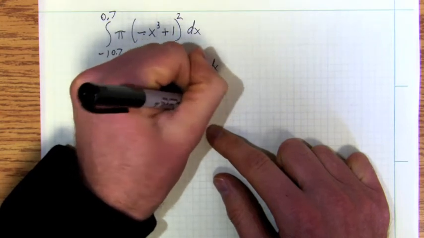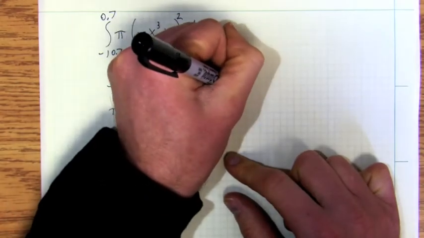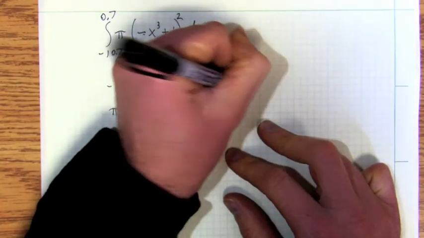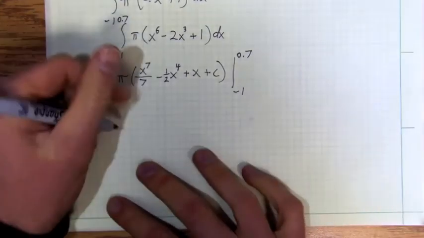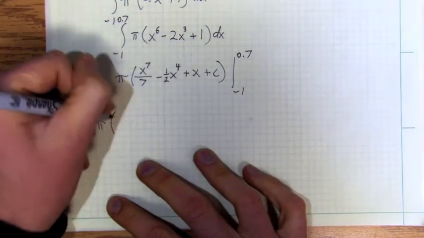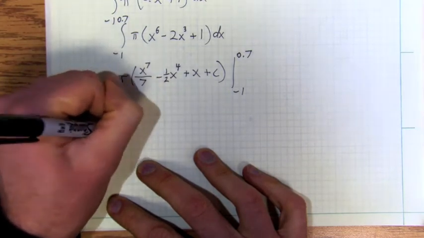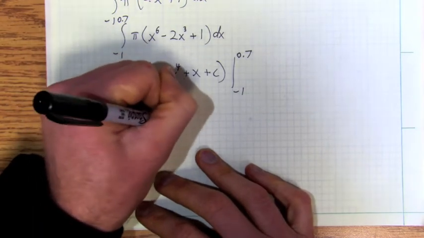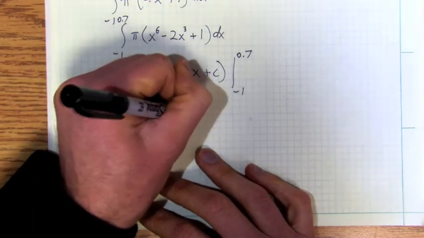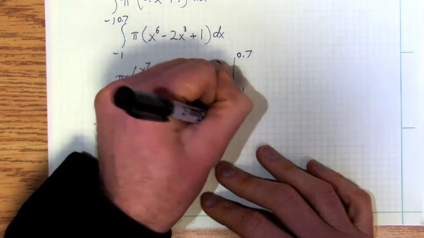Plus x plus c, evaluated at 0.7 and -1. So I've got pi times 0.7 to the 7th divided by 7 minus 1/2 0.7 to the 4th plus 0.7 plus c